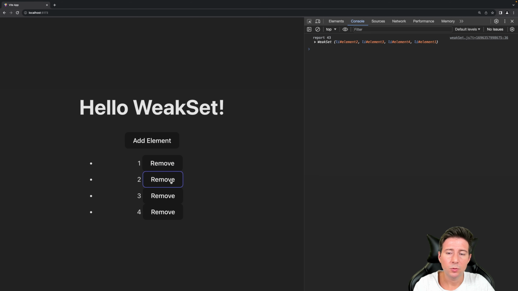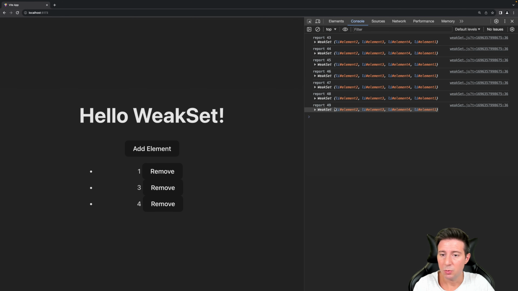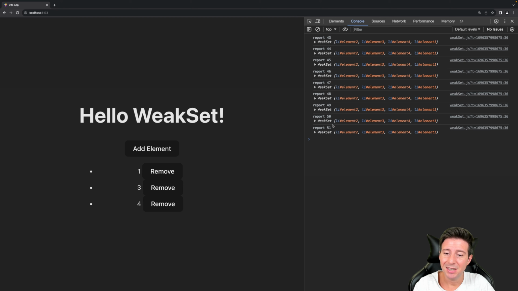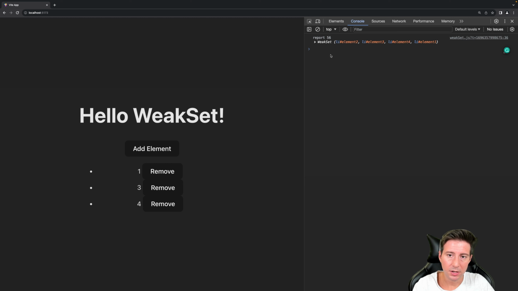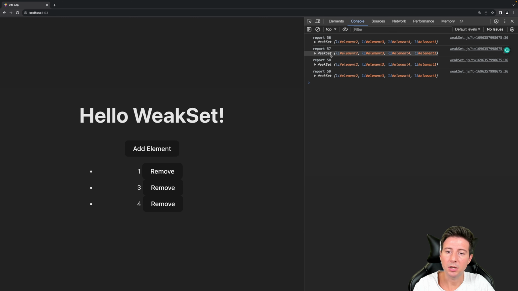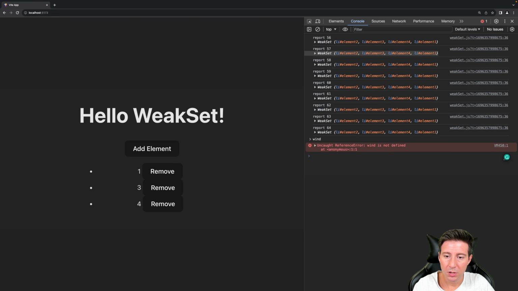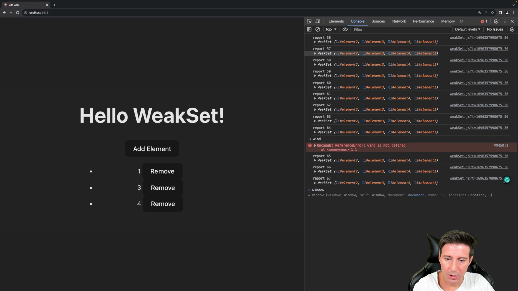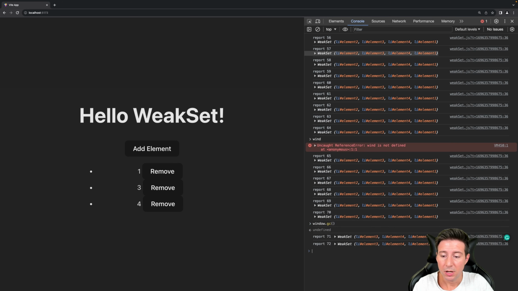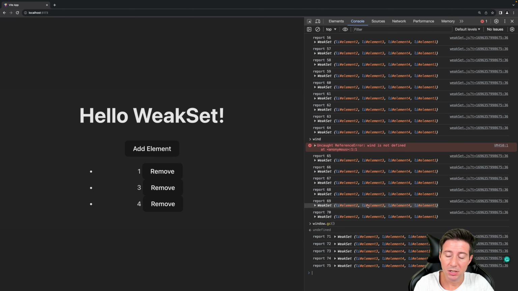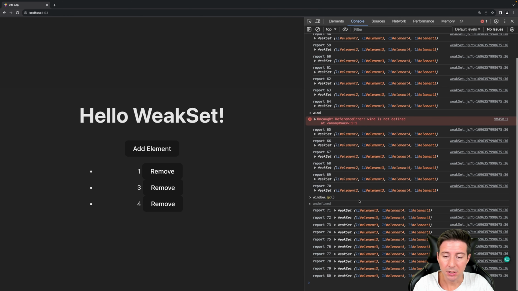But what happens if you remove an element from the list? As you can notice, the WeakSet didn't get the update. But if you run Chrome with a simple flag, you can handle the garbage collector. And if you call window.gc, you can trigger the garbage collection. And in this case, as you can notice, the WeakSet got the update, and the second element is